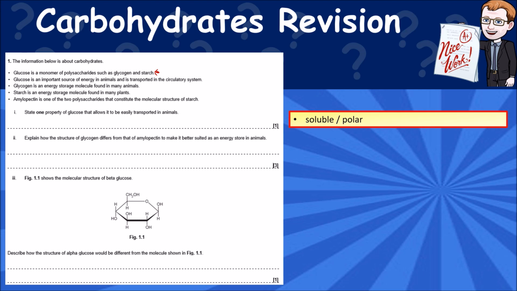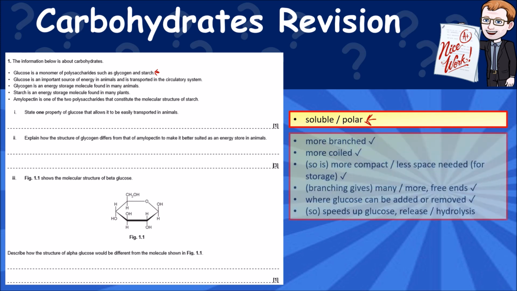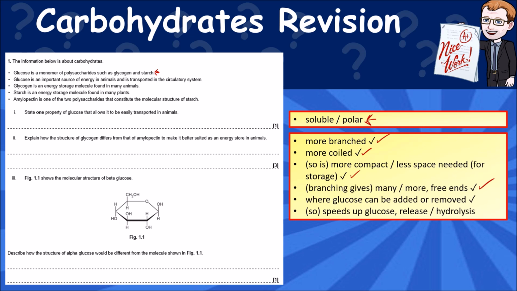We're stating one property of glucose that makes it good to be transported. It's the fact that it's polar, so it's relatively soluble. If we're explaining how the structure of glycogen differs from that of amylopectin, remember that's a type of starch, the key things to talk about are that it's more branched, it's coiled, it's more compact, so it leaves less space for storage. The branching gives more free ends, so more glucose can be added or removed,